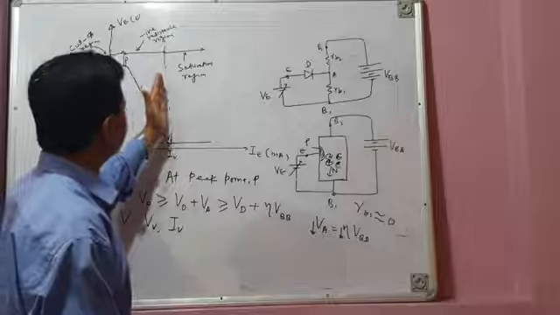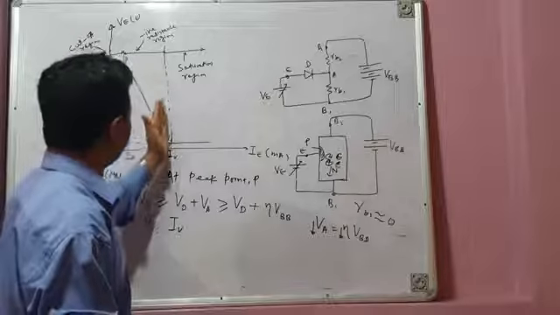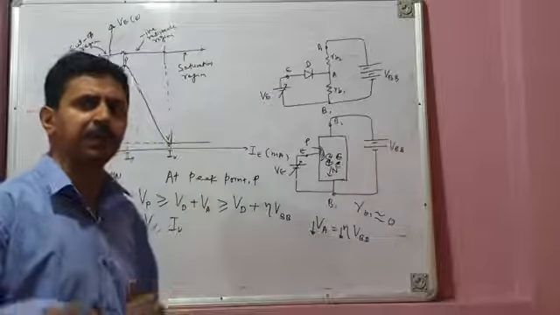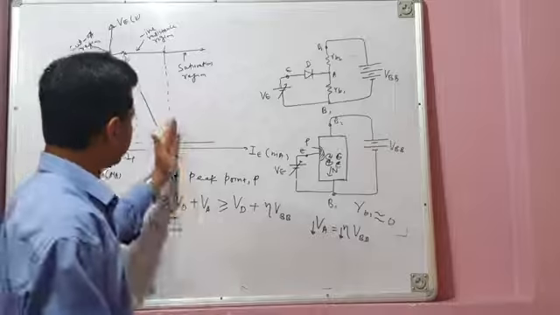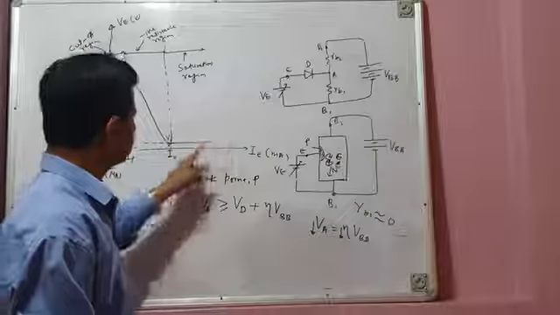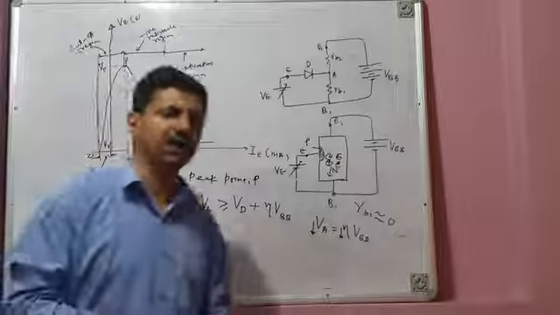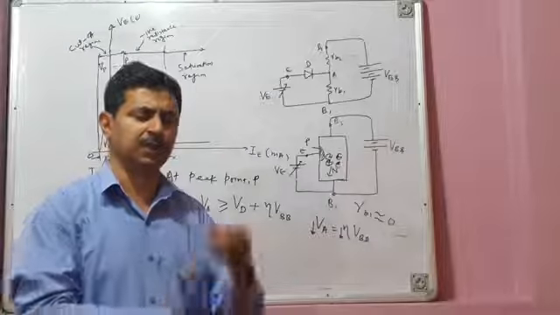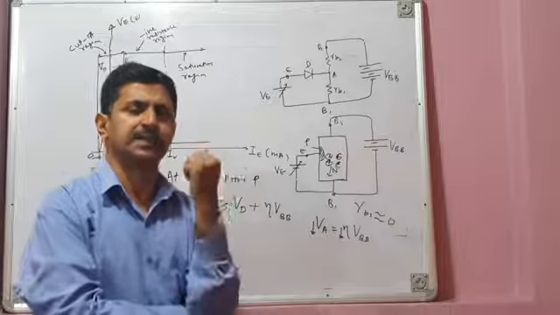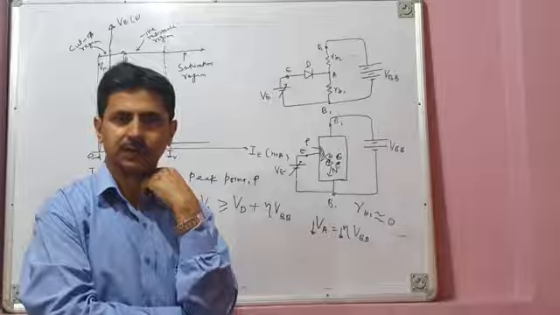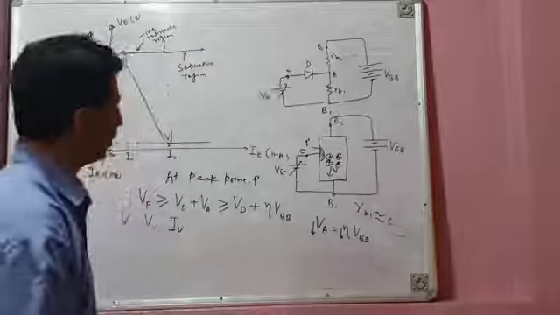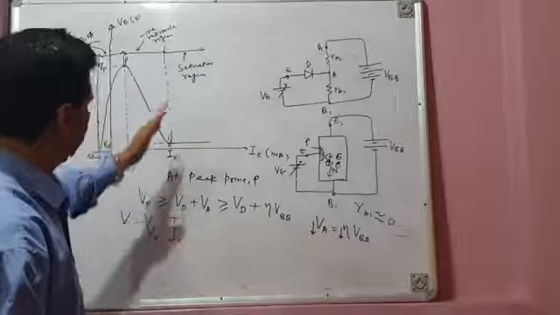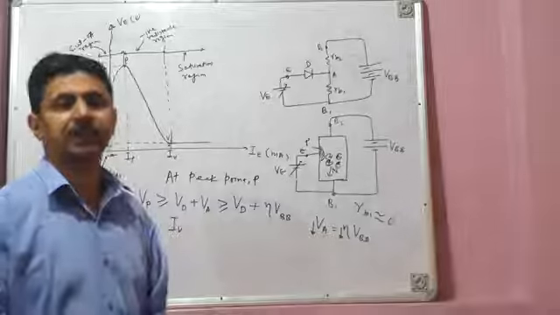What happens beyond this valley point? Your UJT is now completely in the on state. If the emitter current or the device current increases, the voltage drop across the device hardly increases. It remains almost constant because the device has now completely gone into the on state. So this explains the operation of UJT with the help of its VE-IE static emitter characteristics.